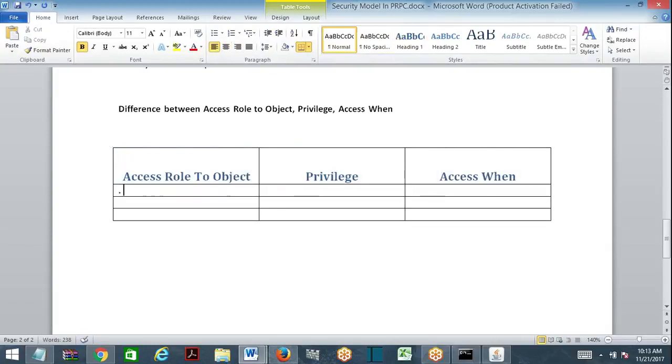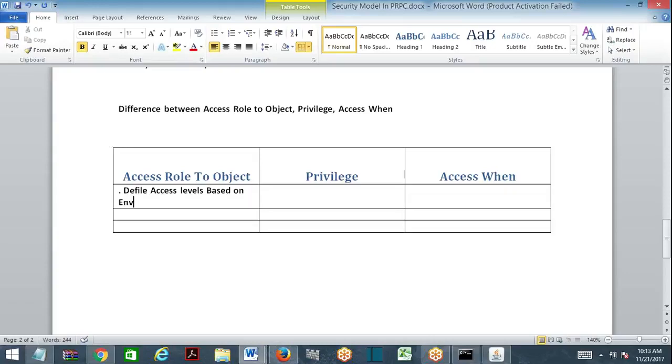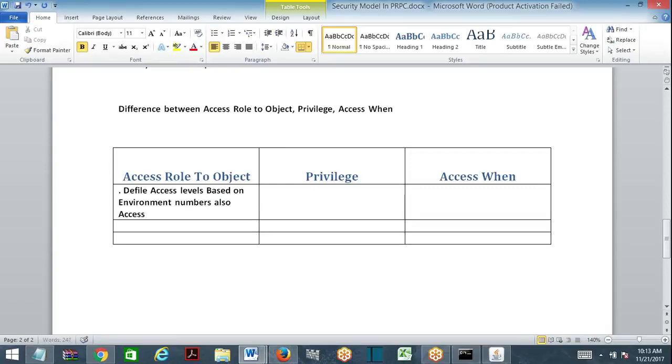So what will role to object do? Role to object defines access levels based on environment numbers. Also access when, based on environment numbers, access when.